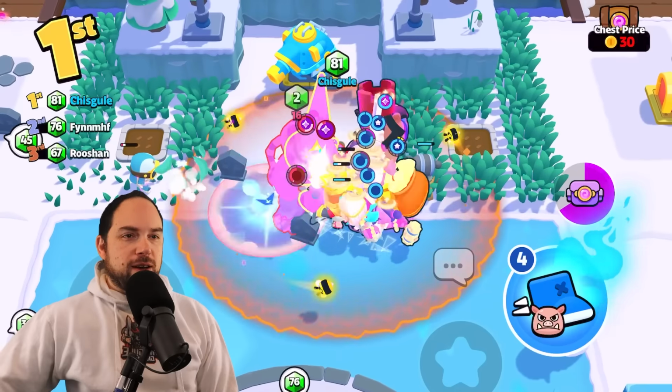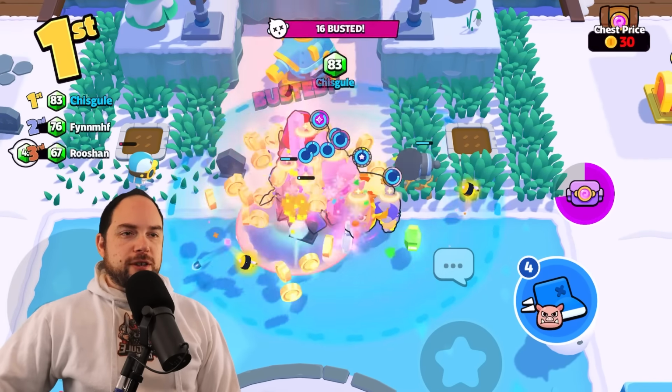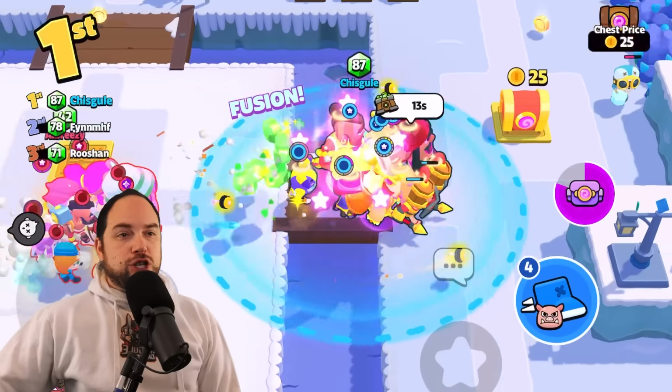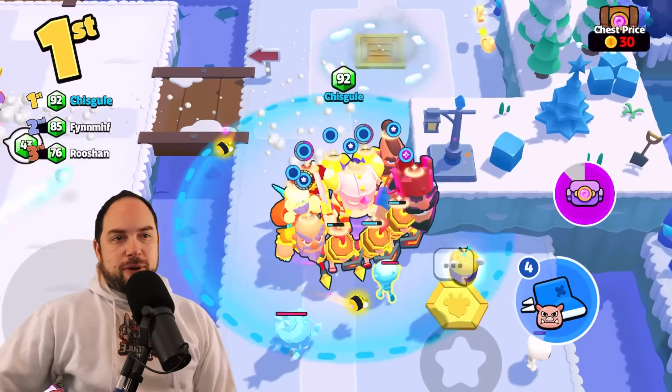This guy stuck around too long, man. I don't know what he was thinking. He's only got 1 gem left anyways, but he stuck around too long. I'm going to bust him. Is what it is. Left the gems behind for the other guy. And he's pushing me. I should have took the Pam there. Pam would have been correct. I panic picked the B, but...